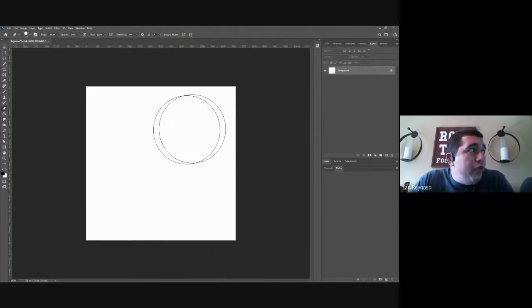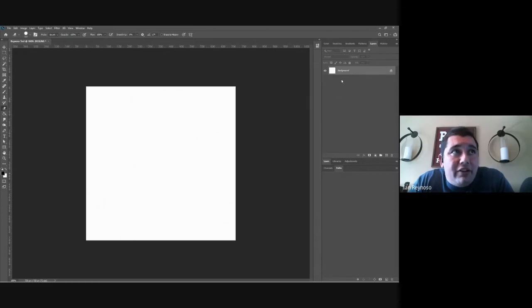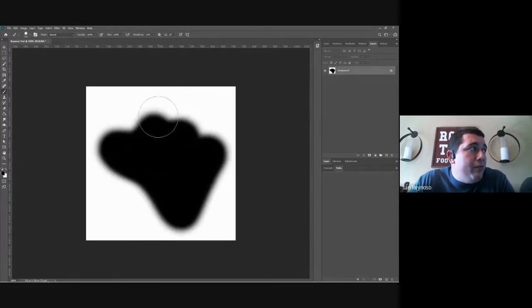Now, I've said before, we've got our pixels, we've got our colors, we're making our brush size larger, smaller, playing with it, all that type of stuff. Now we're going to focus on our layers. So I have my background layer like I've done before. We are painting directly onto my background layer. If I grab my move tool, I can't move that around. I can't adjust it at all, right? So what I'm going to do now,